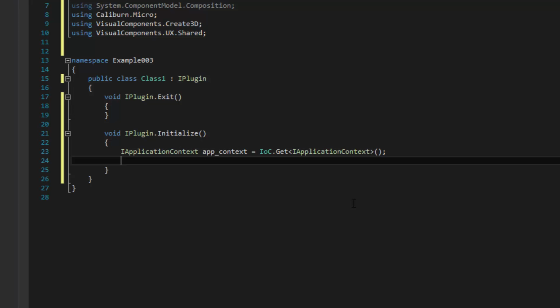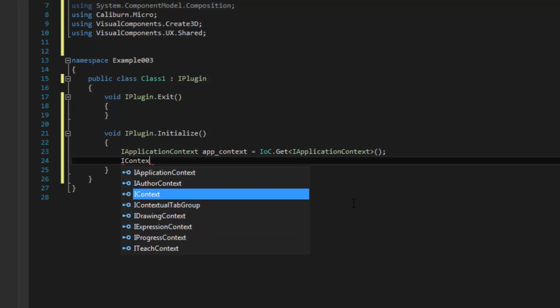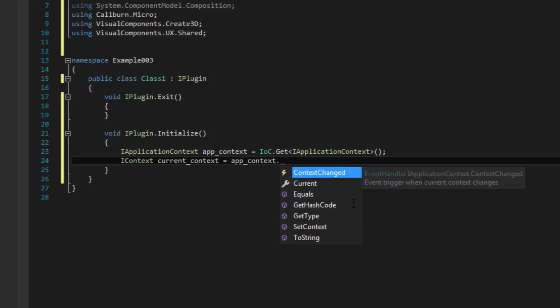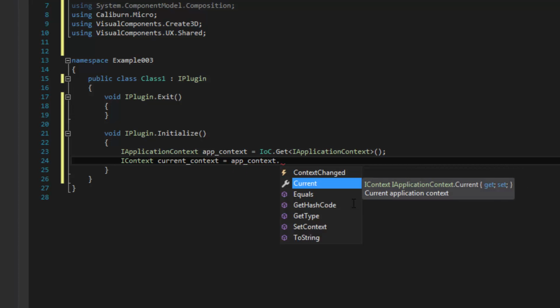And there we go. And now I want to know the current context of the application. So that type, every type of context is an IContext. And my variable will just be current context. And then we'll use our app_context to get this property here called Current. And notice its type is IContext.